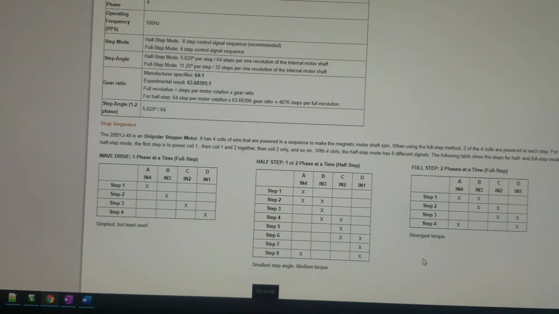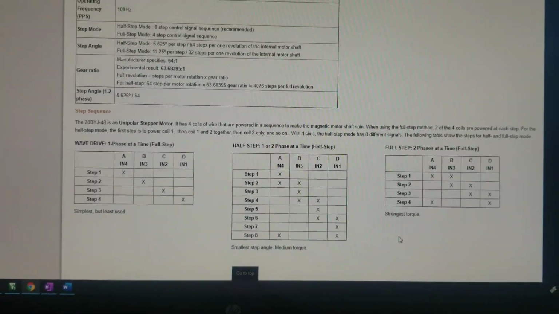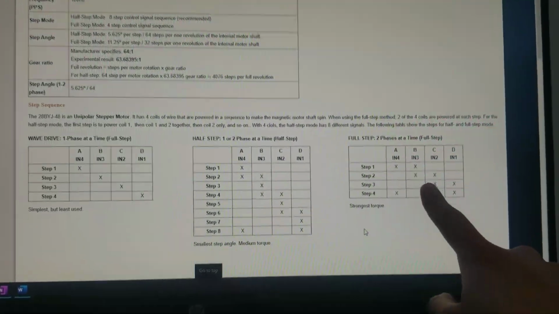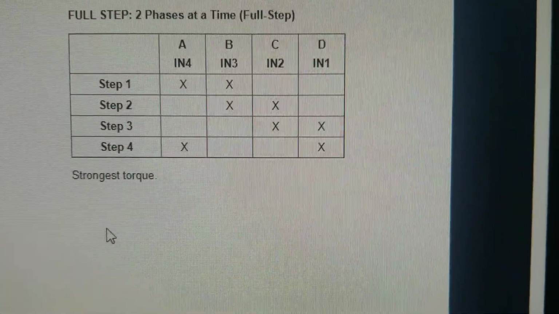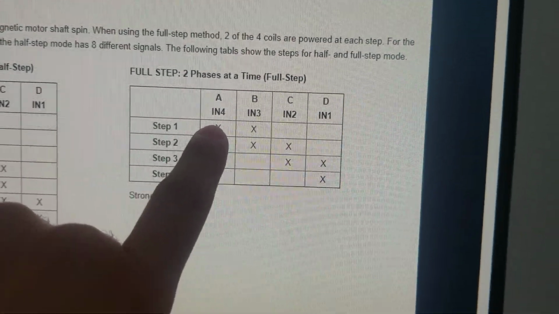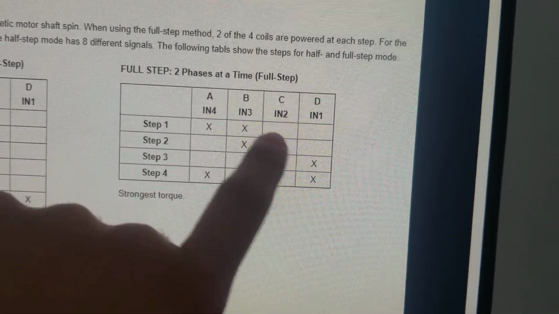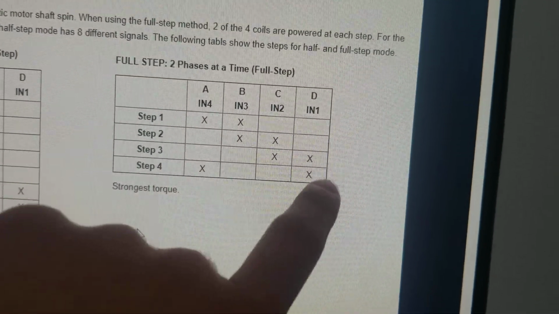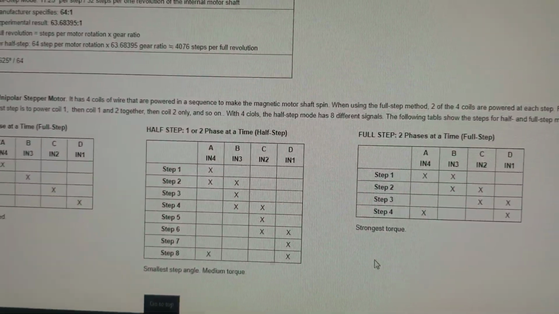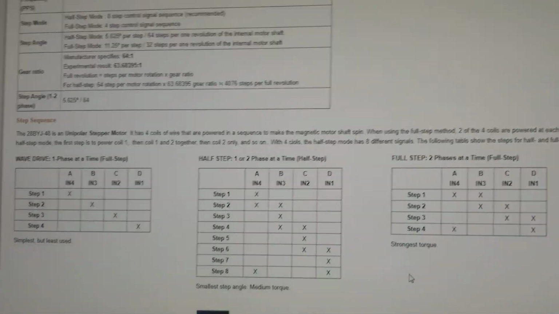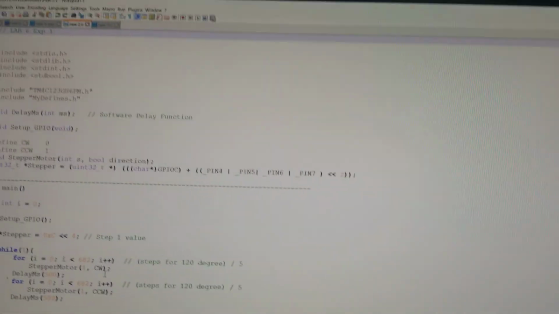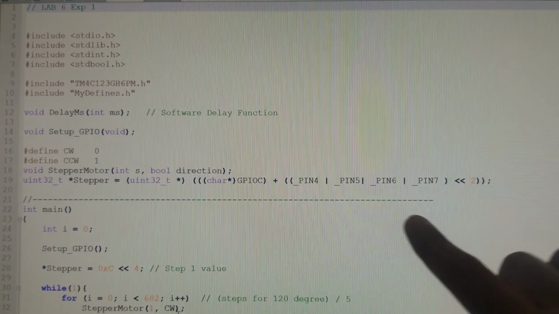So for the first experiment, we will be using an array on a stepper motor, so we'll be using 2 bytes at the same time. The way this is done is we take these steps, and these are kind of like our poles, and if we convert this into binary, it's 1100, 0110, and so on, and then we convert these into hex, and we can use that in our code. So moving quickly to our code, talking about experiment 1,